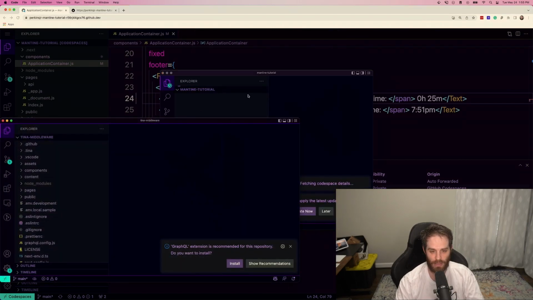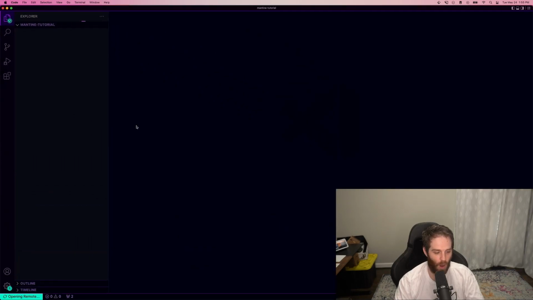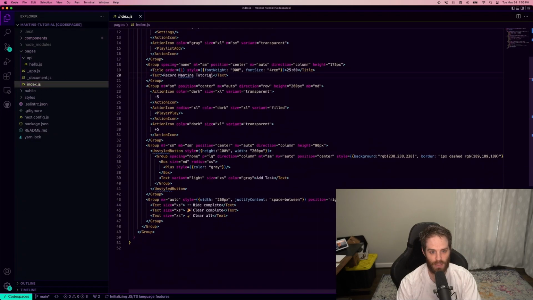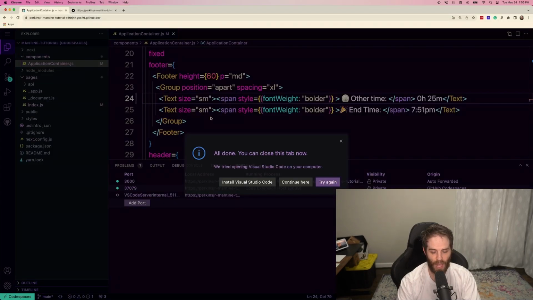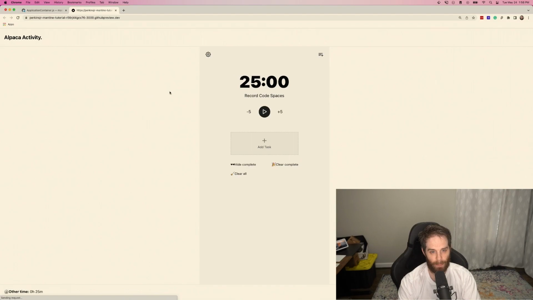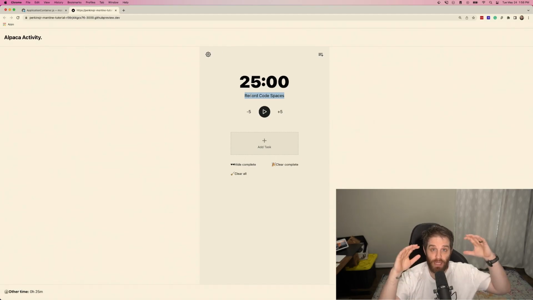And what will happen is this tutorial will now open up and connect remotely to this code space. So now I am in the code space still, and this code is being run remotely. So now I can just basically make some changes wherever I need to. Let's say record code spaces, hit save, and close this. And if we refresh this, you can now see this record code spaces has been changed. Even though I'm running it locally on my machine, I'm still using the remote code spaces.